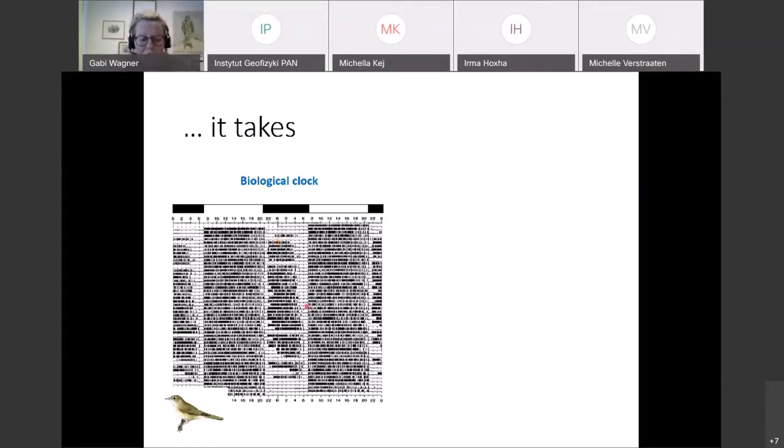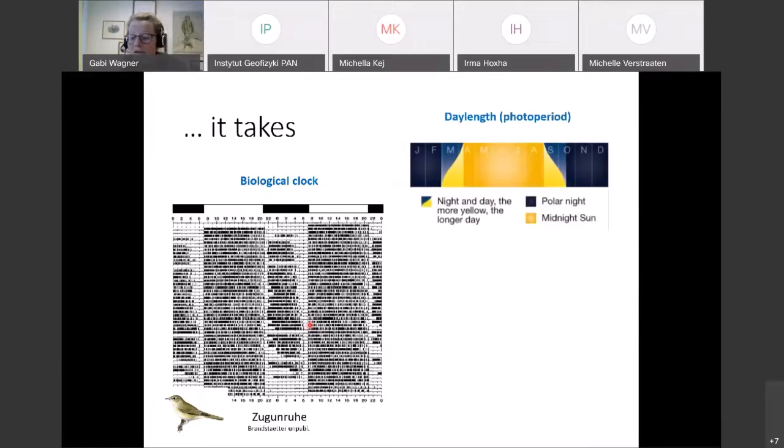Now, the biological clock is not 100% correct. It carries you through times like this, but it sort of goes off a little bit across the years. And in order to keep it synchronized with the environment, to what's actually happening in the environment, it can be synchronized to day length. Now, the weather changes every year, and no year is like the last one, but the one constant information that tells us how far the year has progressed, what time of year it is, is day length, or photoperiod, as we say.